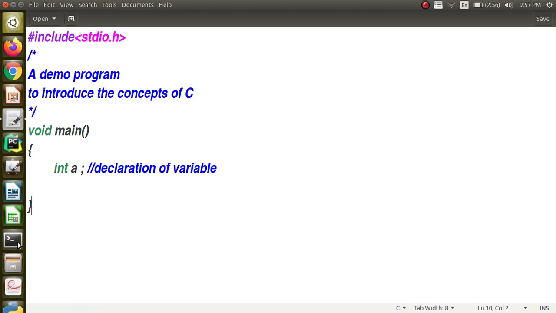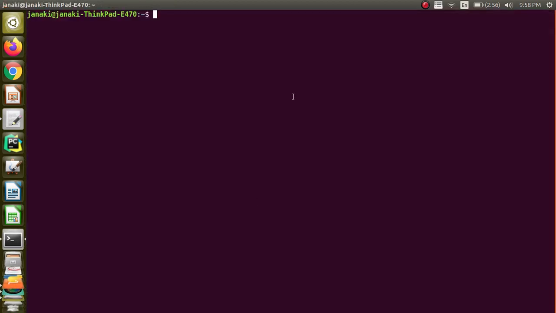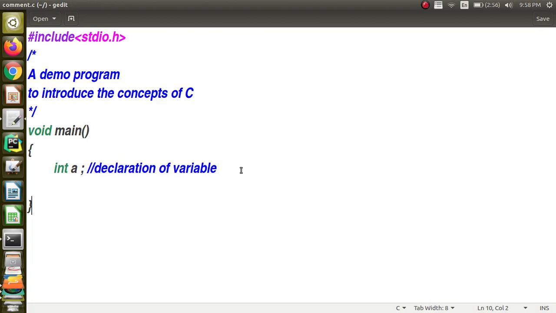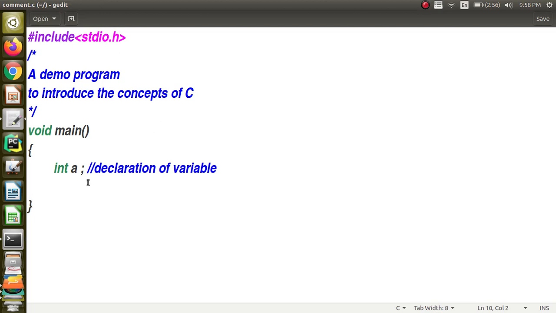And what I can do is go to the terminal. This is how I do it in the Linux environment, and I am going to invoke the GCC compiler, right. Now I have compiled it. Nothing is actually printed now, okay. So you are not seeing anything, but there was no error also. If there was an error, I would have got the error.